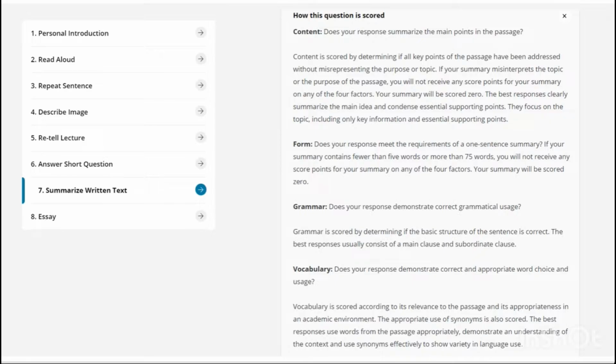कंटेंट में ये है कि जो मेन आइडियाज़ हैं पैसेज में वो आप अपनी समरी में इंक्लूड करो, एंड फॉर्म में ये है कि आपको जो समरी लिखनी है वो एक सिंगल सेंटेंस में लिखनी है, और वर्ड लिमिट जो उसकी होनी चाहिए वो है 5 to 75 वर्ड्स। अगर आप वर्ड लिमिट क्रॉस कर देते हो देन यू विल गेट 0 इन फॉर्म, एंड अगर आपके एक बार 0 आ गए हैं फॉर्म में देन जो बाकी के 3 फैक्टर्स हैं वो भी 0 हो जाएंगे। एंड ग्रामर के लिए आपको 2 मार्क्स मिलेंगे।